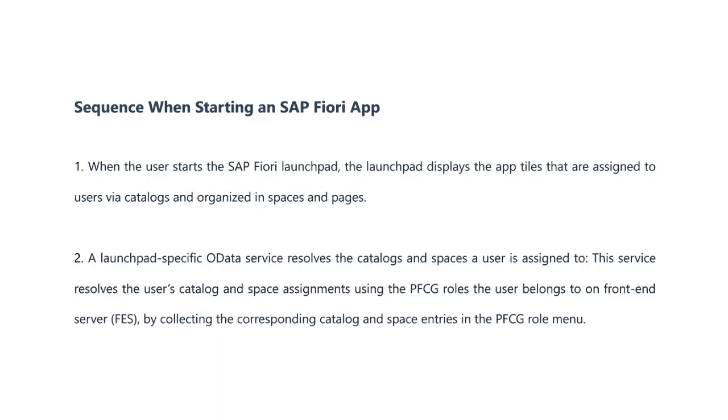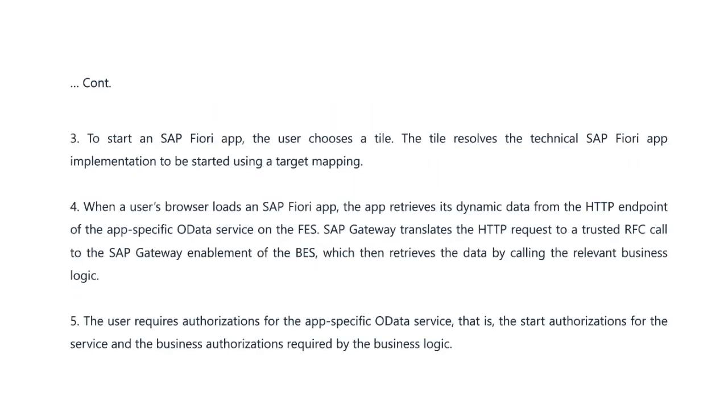Now, let's look at the handshake that happens when an app starts. When the Launchpad opens, a specific OData service on the front-end server resolves the user's catalog and space assignment based on their PFCG roles. The user clicks a tile and the target mapping resolves the technical implementation of that app. The browser loads the app and requests dynamic data from an endpoint on the front-end server. SAP Gateway then translates the request into a trusted RFC call to the backend server to pull the actual business logic and data. For legacy apps like SAP GUI or WebDynPro, the Launchpad skips the OData step and calls the